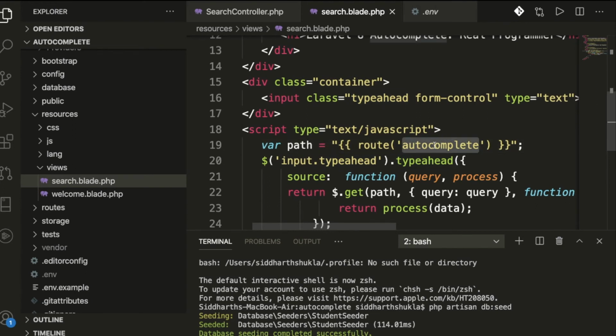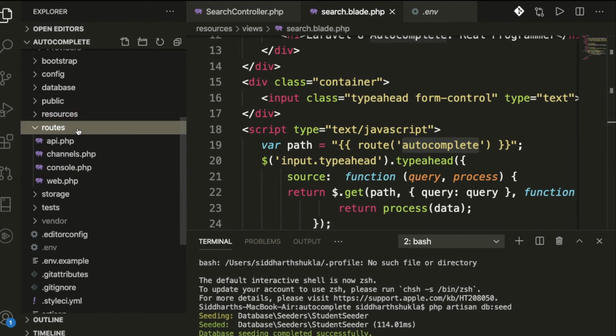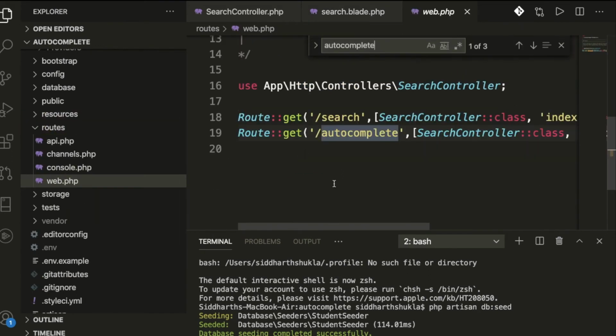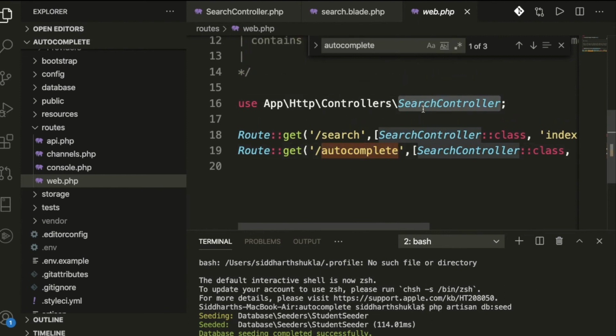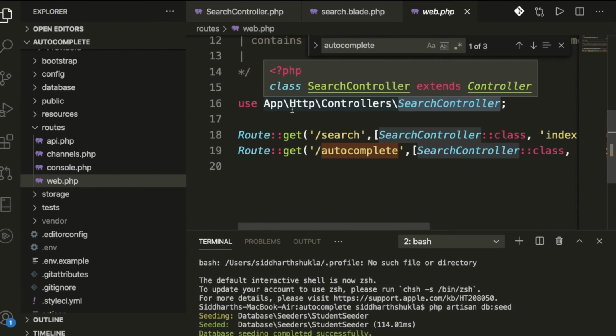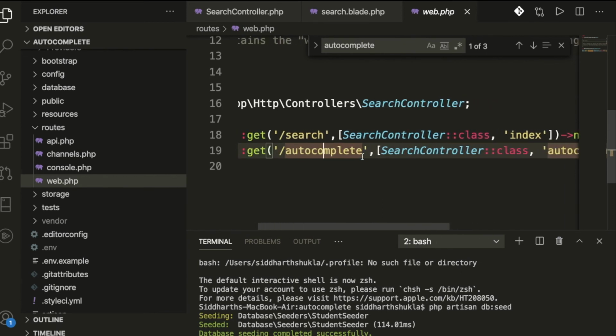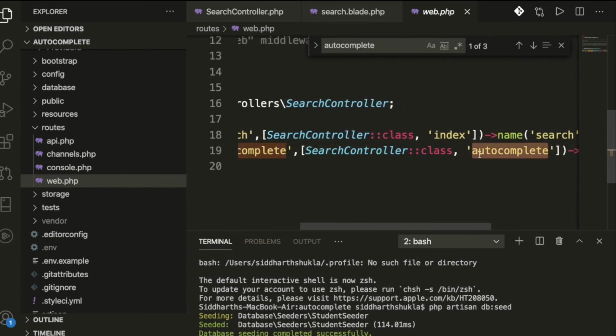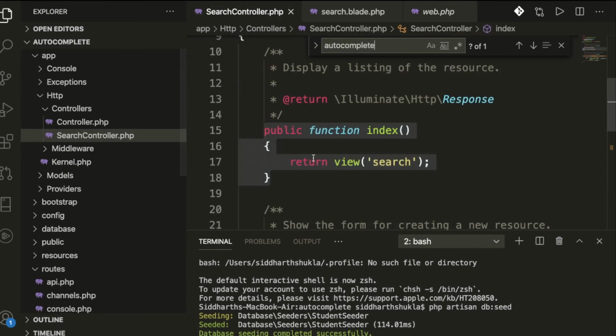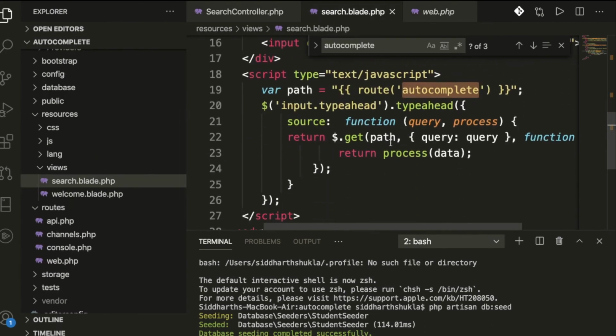This URL is present in web.php, inside the routes folder. Let me show you. We have the controller named SearchController, and I hope you already know how to call a controller from routes. If you don't know, please watch my previous video, which I have already uploaded. So if anyone hits the search, we call this particular controller and function. We have the function, we load the function. Again, if anyone hits the form, then we call this particular function. We have the autocomplete. Let me show you. We have this function. Once we get the data, we print it here. This kind of functionality I have done.